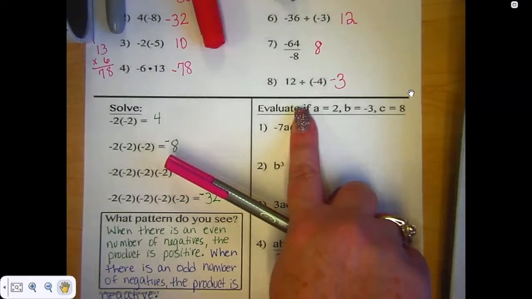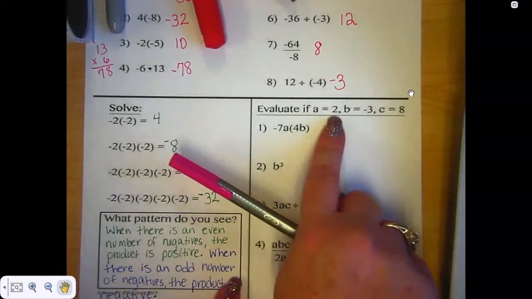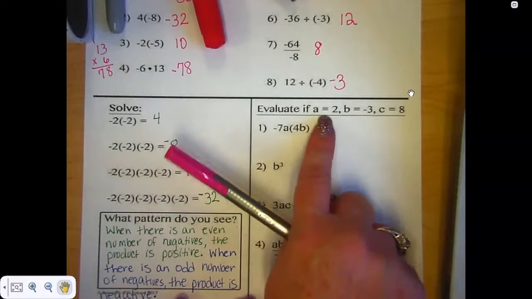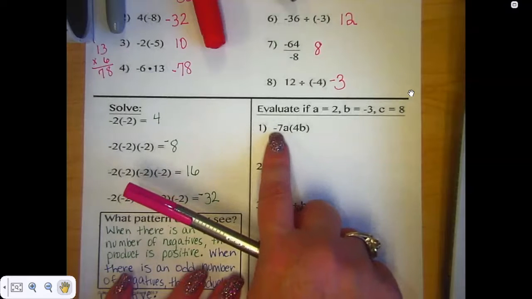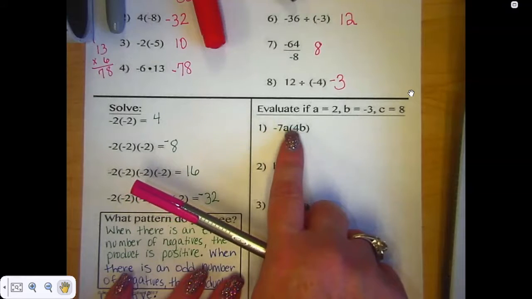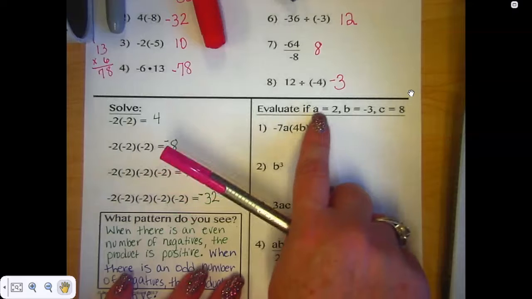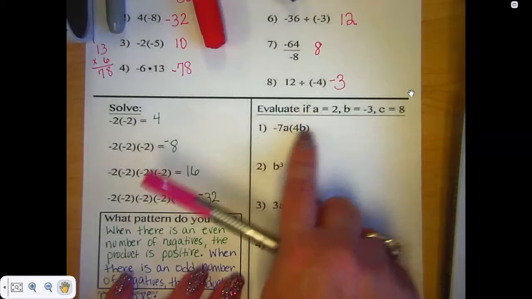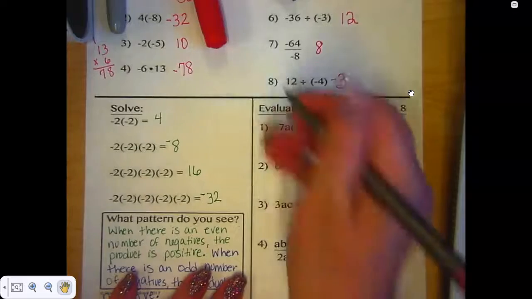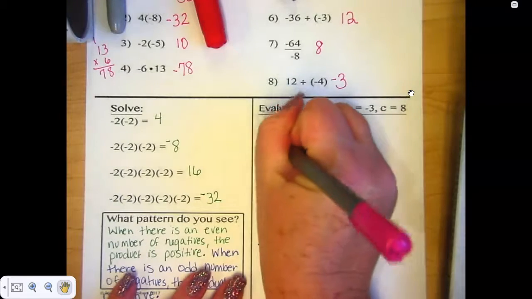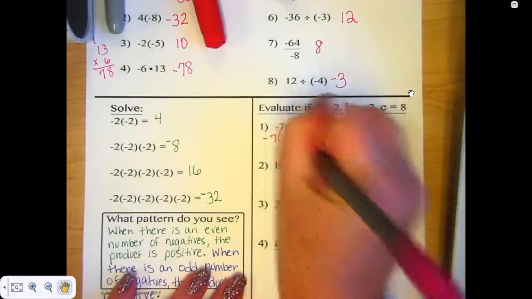It means to multiply. So some people in the past that I have seen have taken that A equals 2 and they've made that a -72. That's not what that means. This is telling you that there are 7 A's. So 7 A's, if A is 2, that means there's 7 2's. That's multiplying. 7 times 2. So it's -7 times 2